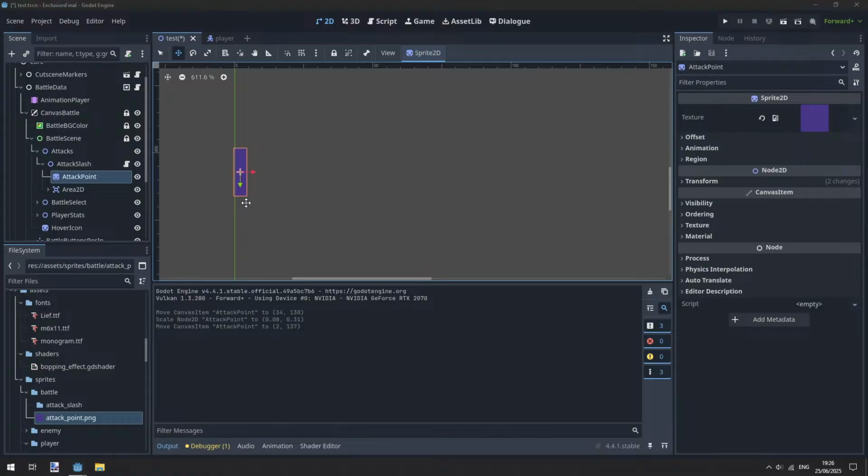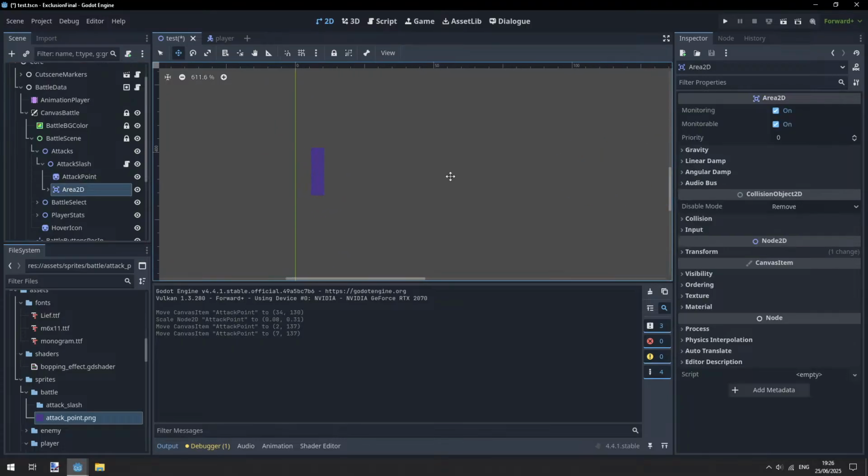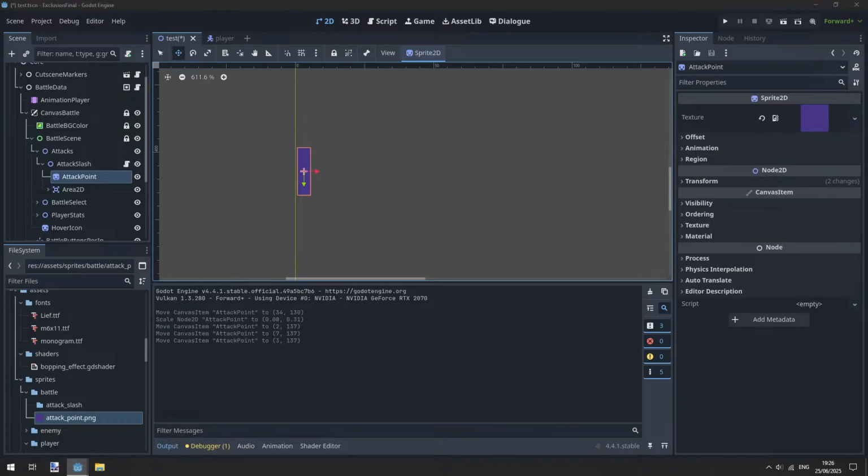Anyway, yeah, no, this is the way I should be doing it, regardless. Basically, it was jittering, and it was because I was using a control node, which they did not